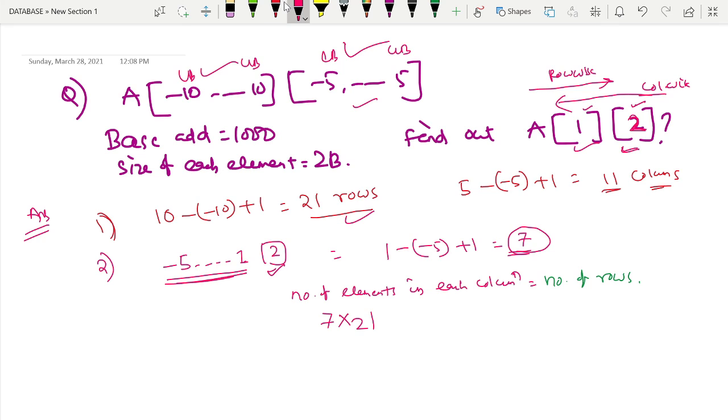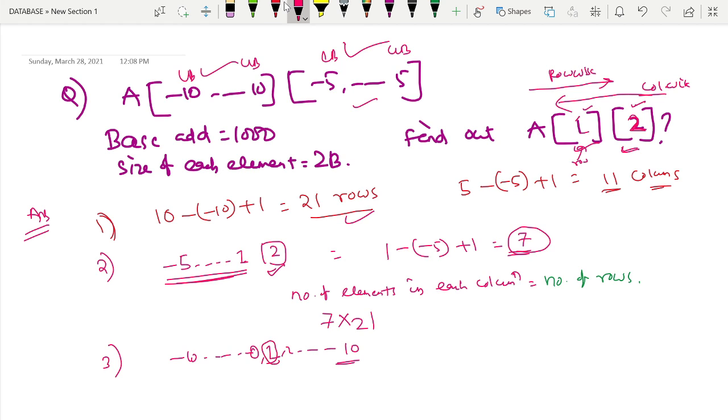Then the third point, coming to this index, this is the 1st index. What is it representing? It is representing the row number. The total number of rows is 21, and it starts from minus 10, then minus 10 to 1, we can get 1 here, then 2 and so on till 10.